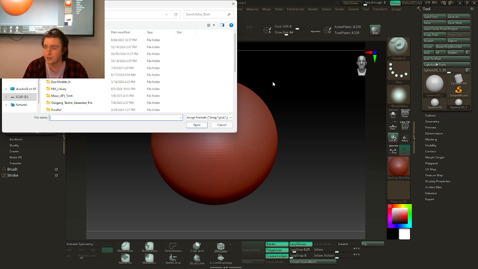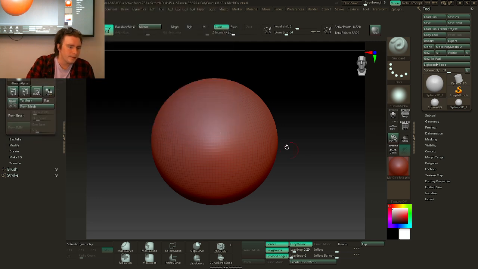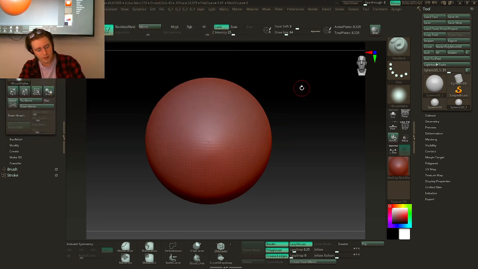And ZBrush likes to make a huge big deal with alphas, especially for a majority of their brushes. So what I'm going to show is how to properly utilize that. So generally you want to go to your standard brush, which is BSU. It used to be BST in earlier versions, and now BST I think is a selection brush. So you open up alpha,